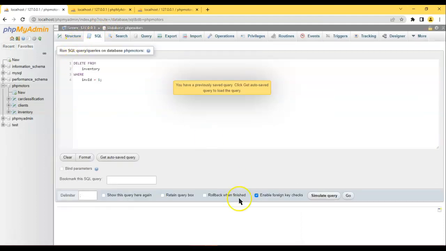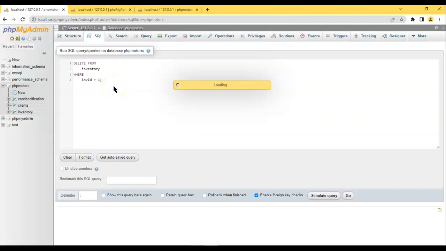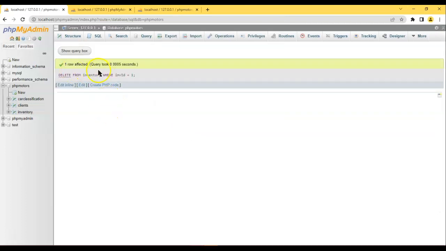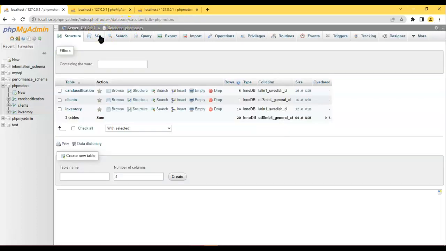And so I'm going to go ahead and run the query and confirm that I want to delete a row from the table, and you can see, okay, the first car from the table that had the invoice ID of 1 has been deleted successfully. Okay, so I'm going to go ahead and test the last query,